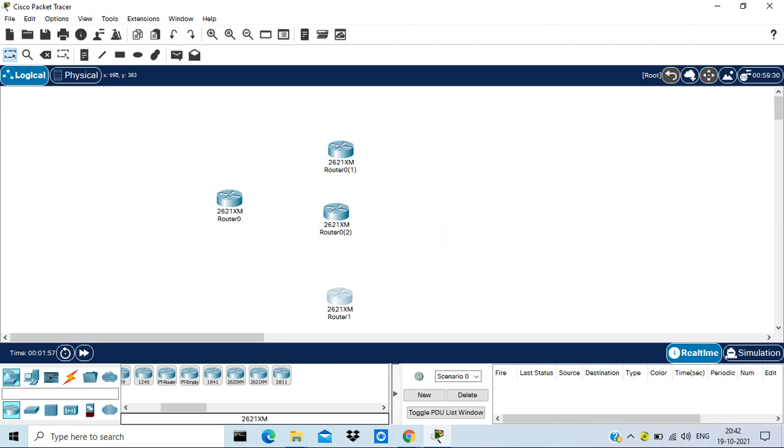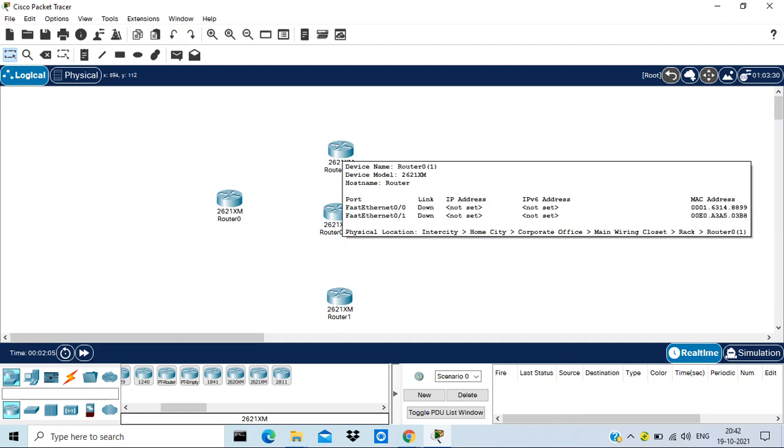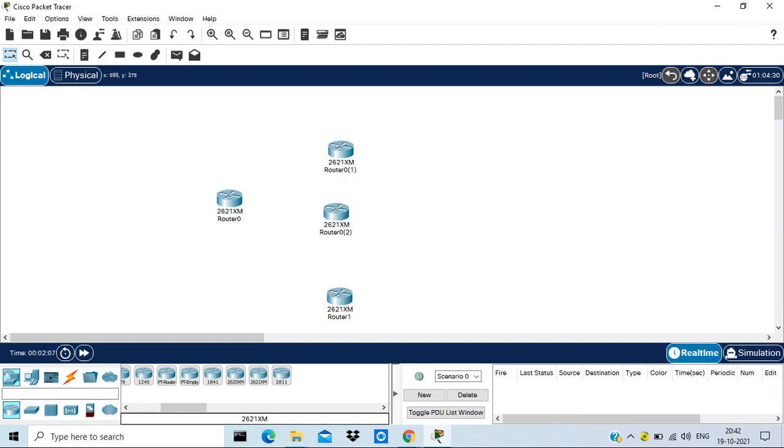There are three routers. The left one is the headquarter, the head office router, and then this is branch one, this is branch two, this is branch three. So I think you know how to create notes or comments. I'm going to give the comments as BR1, BR2, and BR3. Okay. So we need to connect two PCs and one server.